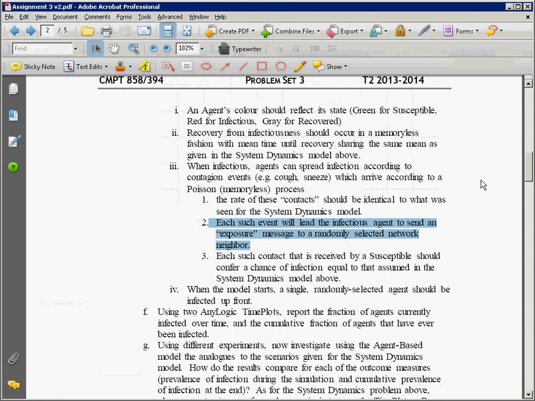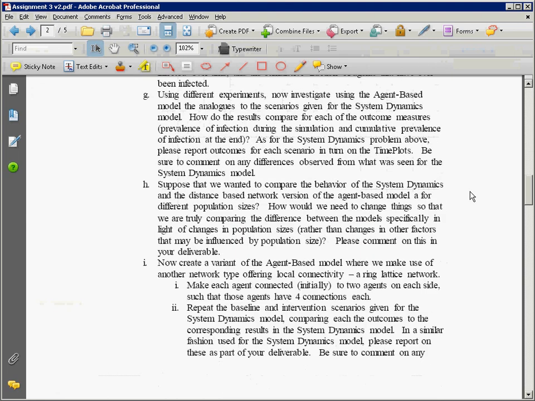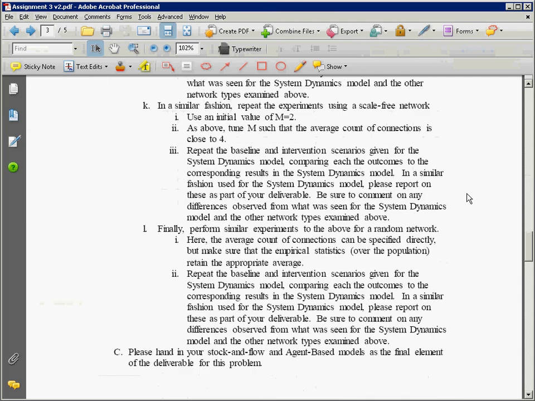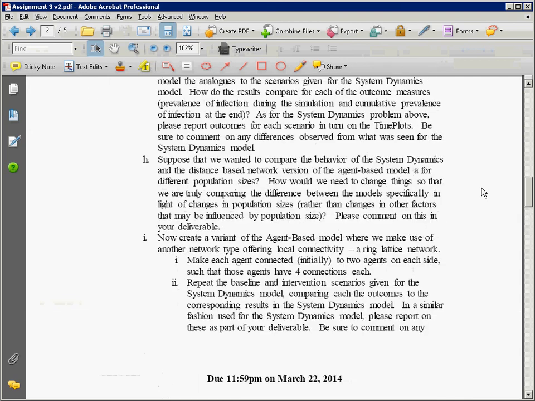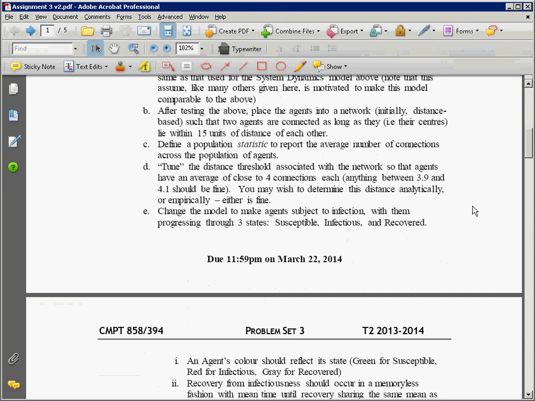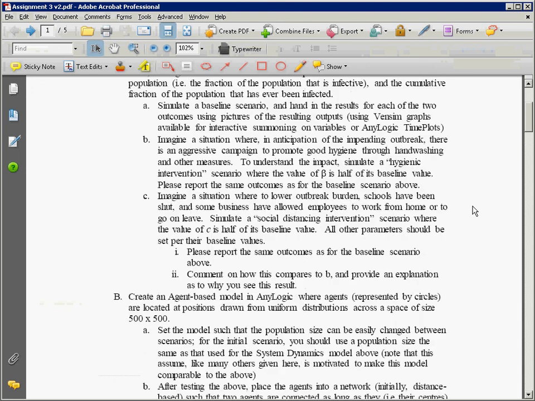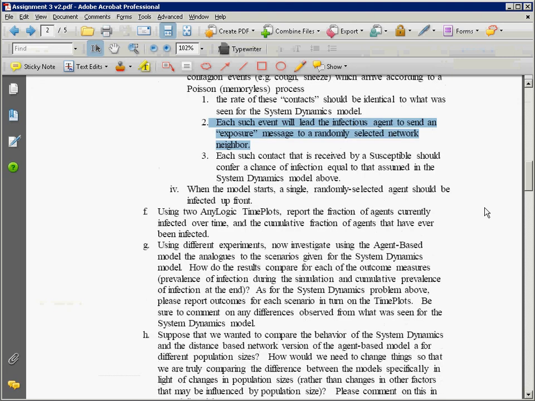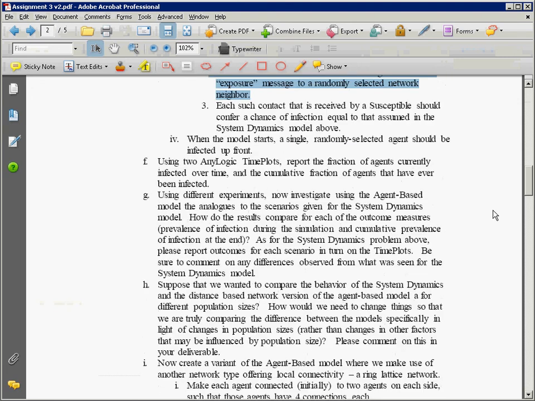Right, that's correct. In the agent-based model, it's not like that at all. That is exactly correct. And this is one of the things I'm hoping to bring out, and in fact it bears directly on